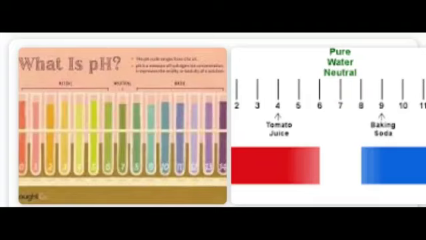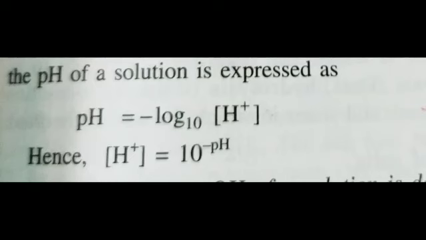The next, most important point in this chapter, is pH. The concentrations of H+ and OH- ions in aqueous solutions are usually very small and are therefore inconvenient to use. Scientist Sorensen in 1909 proposed the concept of the pH scale, rewriting the concentration of H3O+ ion in mole per dm cube in a logarithmic scale. This is known as the pH scale.